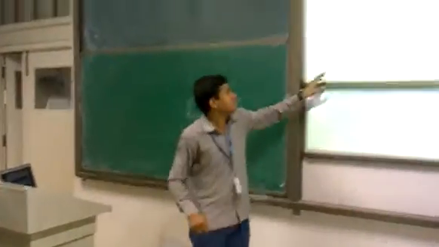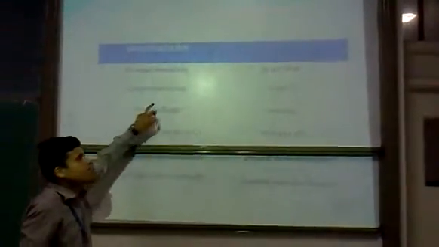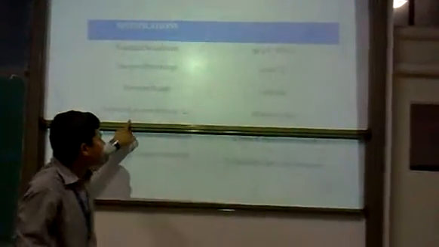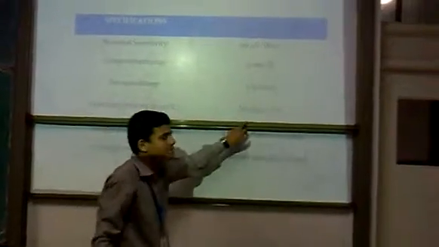Next is the specification for that heat flux sensor. Its sensitivity should be 50 microvolt per watt per meter square. Its temperature range is from 0 to 100 degrees centigrade. Its pressure range is 1 to 110 bar. Its expected accuracy at 50 degrees centigrade is within 2.5%, which is very good.